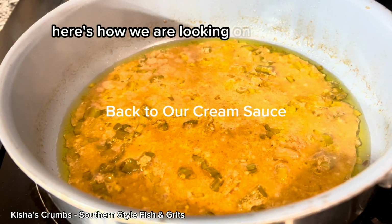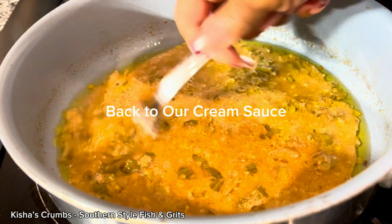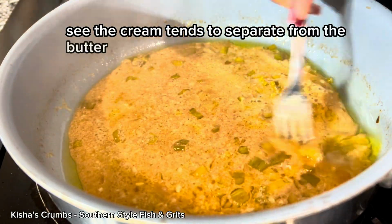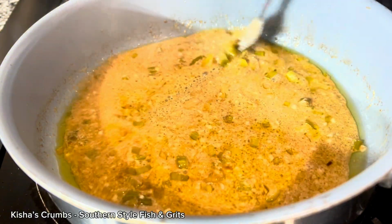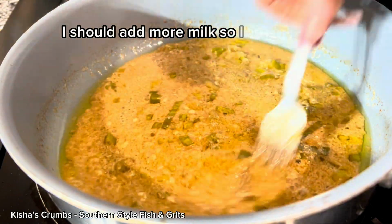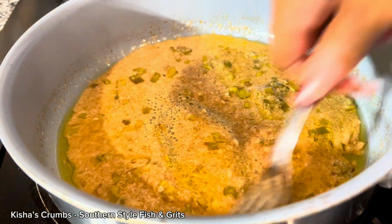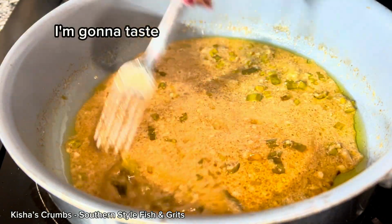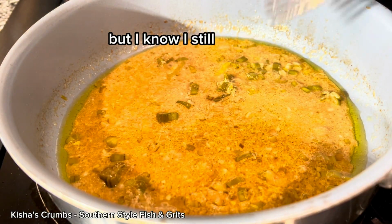Here's how we are looking on the sauce, y'all. I have it on a very, very low simmer. You can see the cream tends to separate from the butter, in which I could add more milk, but I don't think I am. I may just add a little chicken broth. Taste it. I'm going to taste it. It depends on how rich it is. If it's super rich, because I know I still have to add